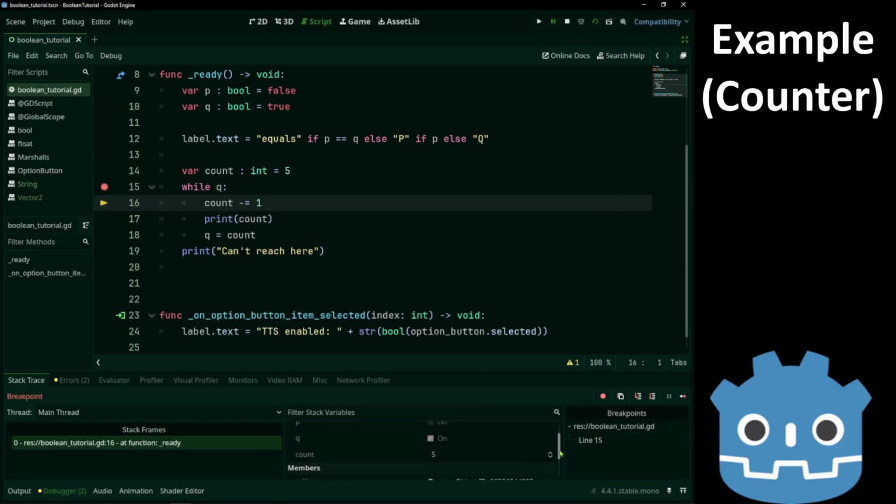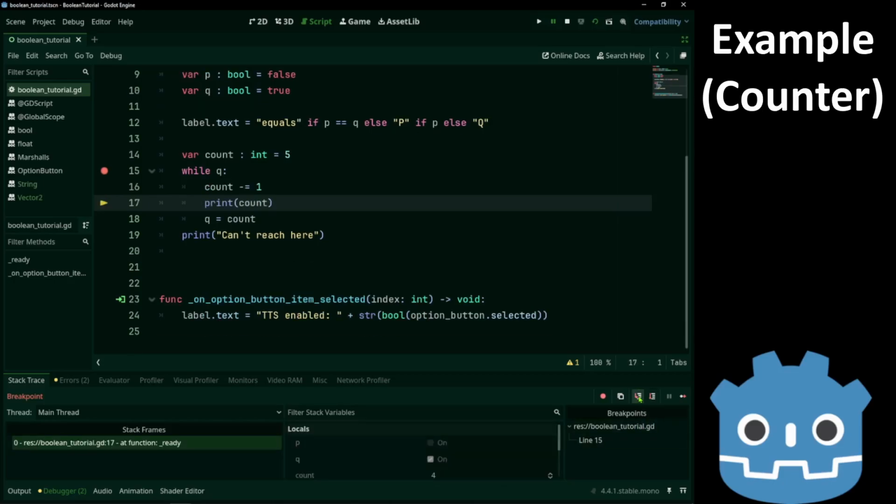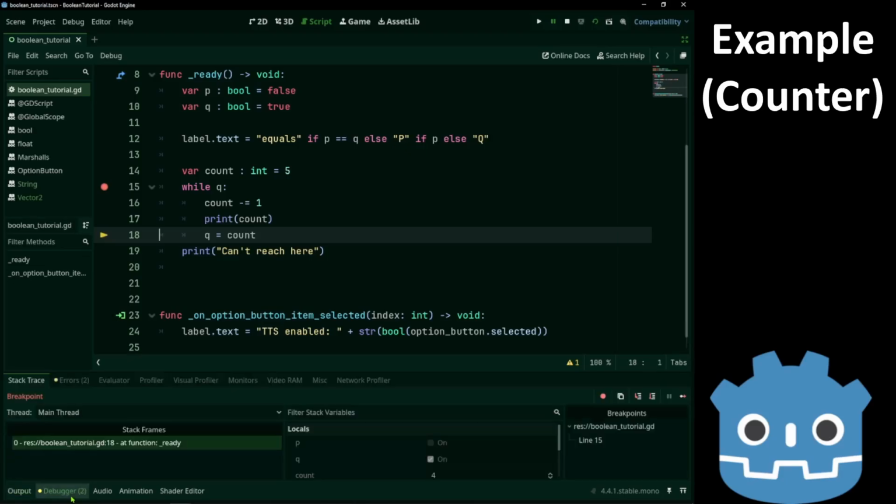Down here we see its value. And now it decreased. Stepping again we print. And since Q is still true, we restart the loop.